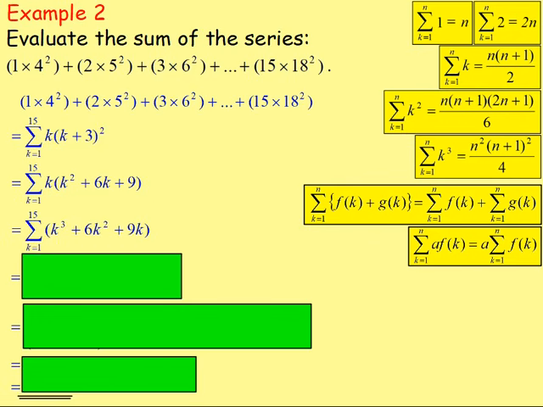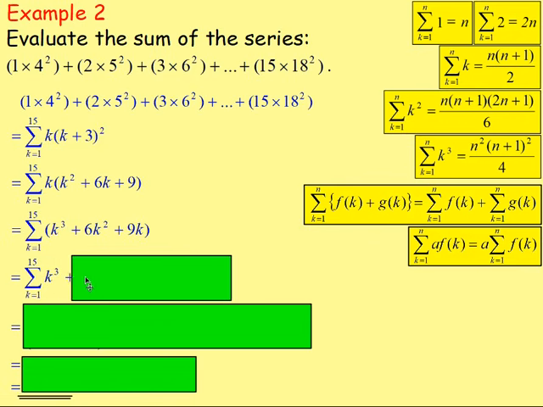Multiply each term by k, and that is what you will get. And again, what you need to think is, it's the sum. It is the sum of k cubed plus 6k squared plus 9k. So you can split that up. So you can say that will be the sum of k cubed going from k equals 1 up to 15